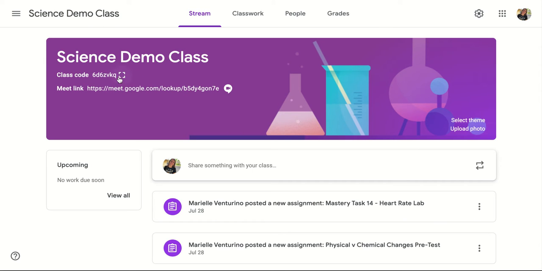Students will not be able to see the class code, only on the teacher view. Students may be able to see the Meet link if you have enabled that setting. If they're on a laptop or desktop or just on the web, they'll see the Meet link listed under the class name. If they're on an iPad, they'll see a little tiny video camera icon in the top right corner